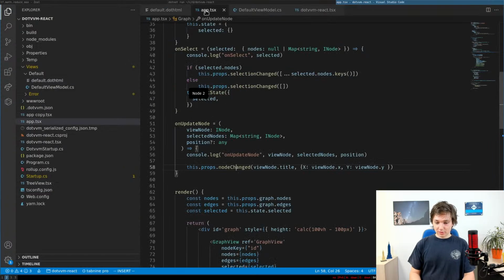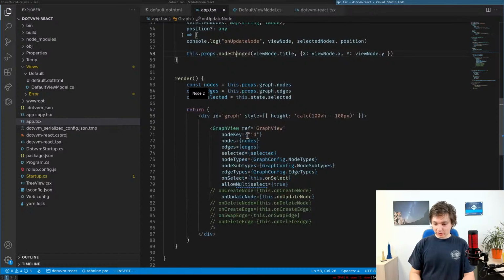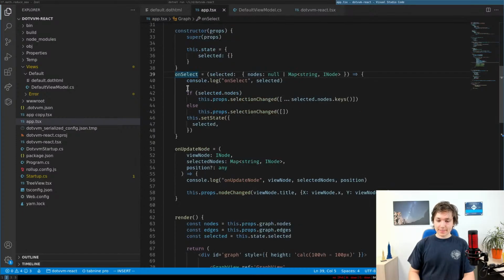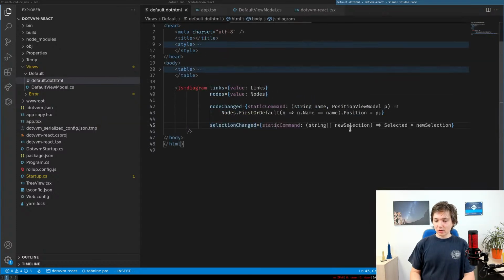And the React component has this onSelect event where we get the selection, a list of nodes. If it's empty, they use null, so I just translate it to an empty array because I think that's more natural, at least in the .vvm world. And I take all the nodes that are selected and trigger a .vvm event here, which just updates the selected